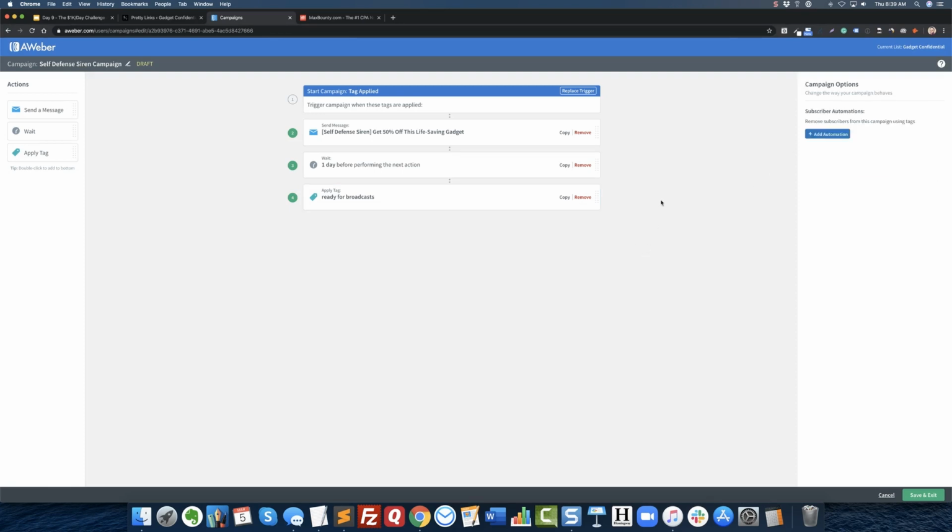Another thing that you may want to do, this is optional. If you want to stop broadcasts, let's say somebody's already on your email list, already part of the Insiders Club. They've opted in before, and now they've opted in for a new product. If you want to make sure they don't get 2 emails a day, they don't get the insider email on top of this autoresponder sequence, then you should right here click on this and say when